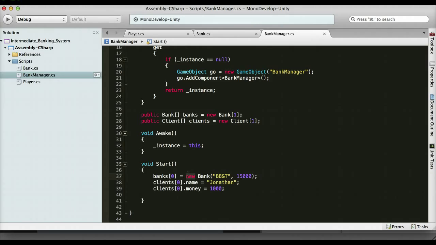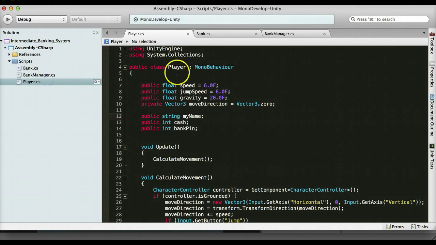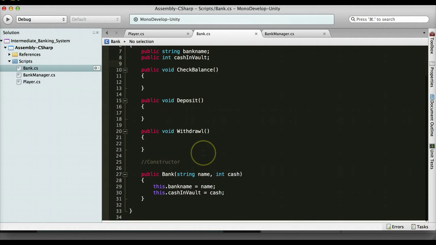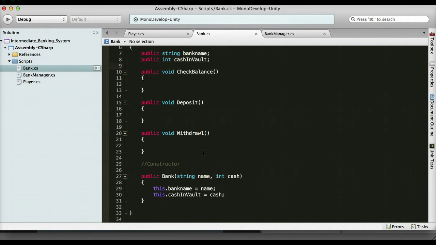Actually, no, I'm not going to probably do the PIN system right away. What we need to do when we click the 1 key when we're at the bank is compare my name, which is in the player class here. You'll see here in the player class we have a variable for my name. We need to compare that to the client list to see if there's a client named me,